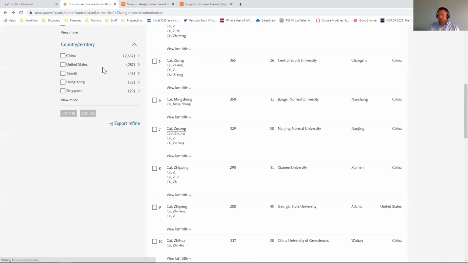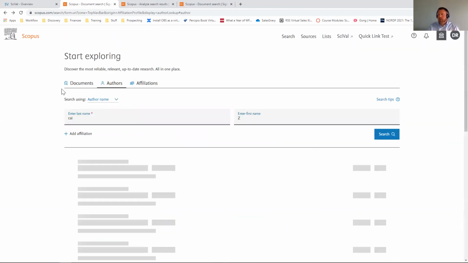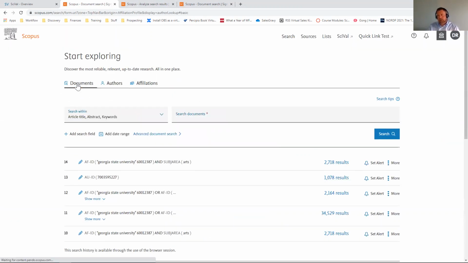And the last highlight for you is the document searching. This is probably what you're most familiar with, which is why I left it to the end. We do have plenty of advanced document search capabilities here. You can add individual fields, but in this case, if we just did